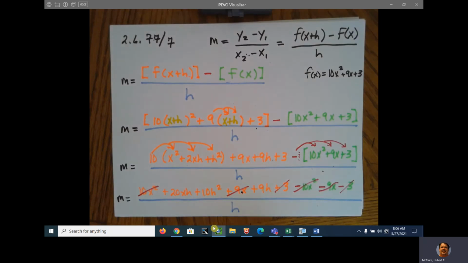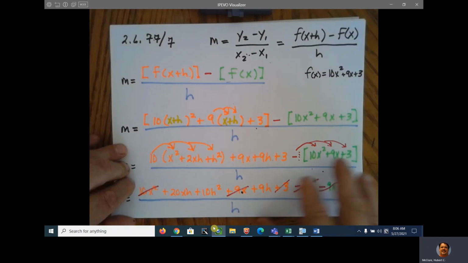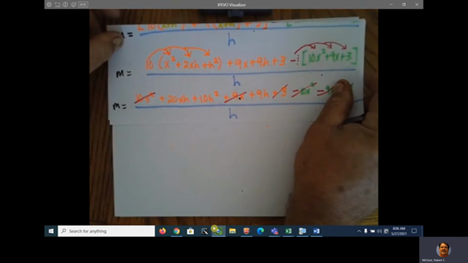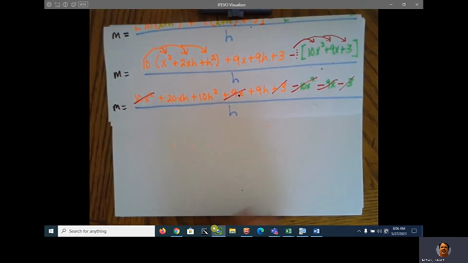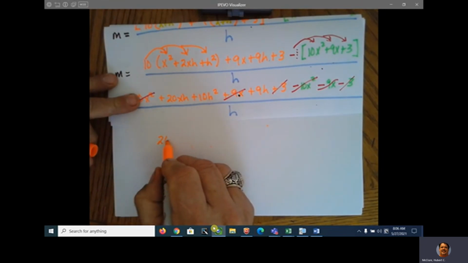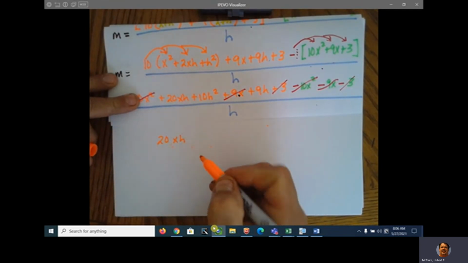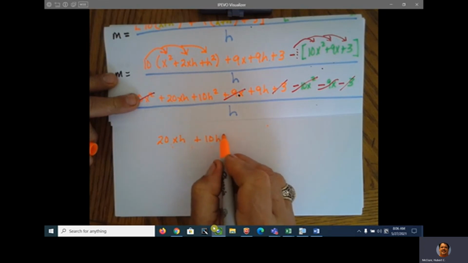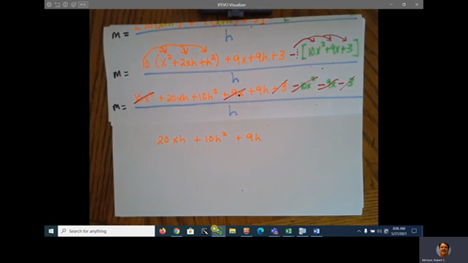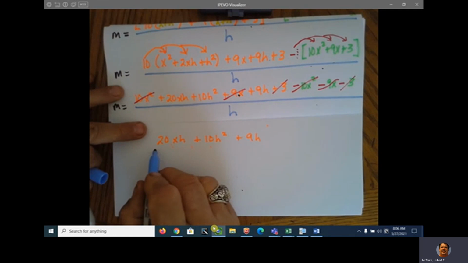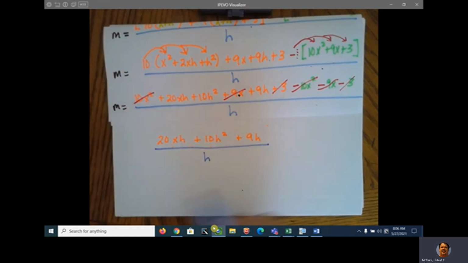Okay? So now I'm going to finish this. I'm going to just kind of fold this in half. There we go. And I'm going to rewrite 20xh plus 10h squared plus 9h over h. And I'm going to factor out an h, and you're going to do this every single time with these problems. And m is equal to,